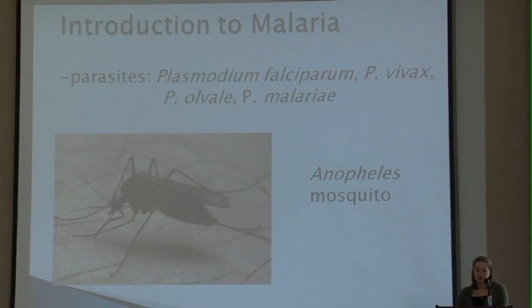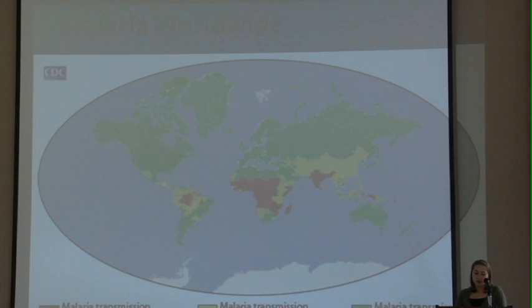There are 4 different malaria parasites that are known to infect humans. These include Plasmodium falciparum, Plasmodium vivax, Plasmodium ovale, and Plasmodium malariae. Of these parasites, Plasmodium falciparum is the type that most often causes severe life-threatening malaria. These parasites are transmitted to humans by the bite of an infected Anopheles mosquito.